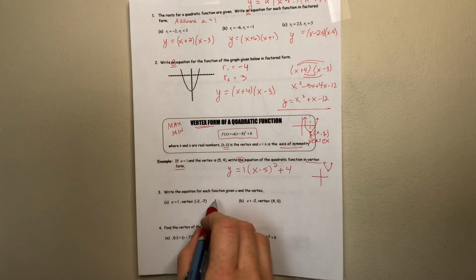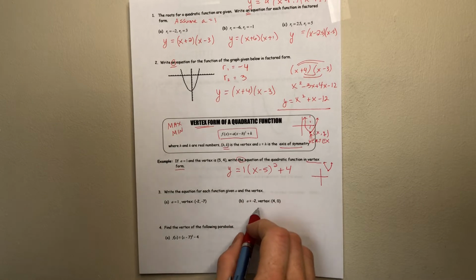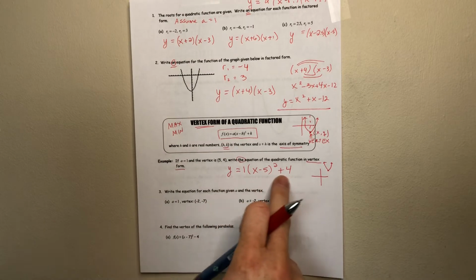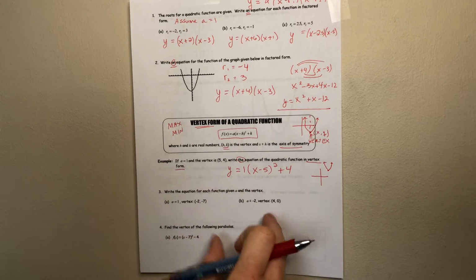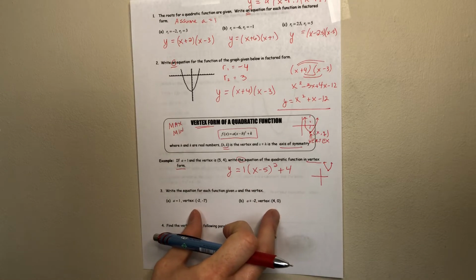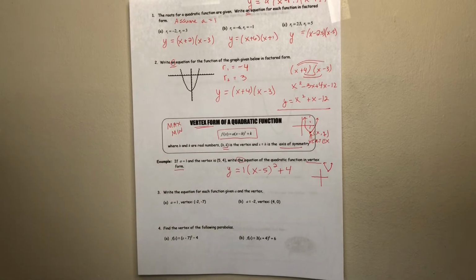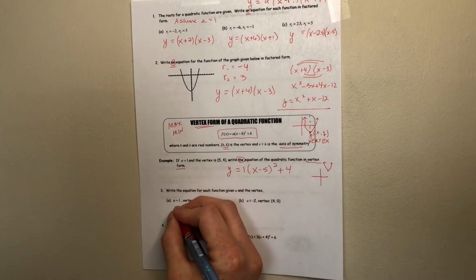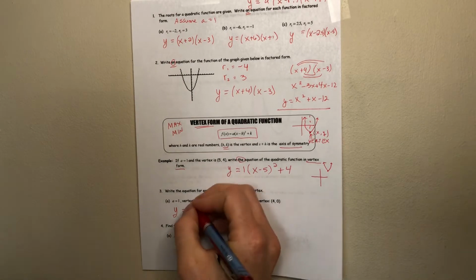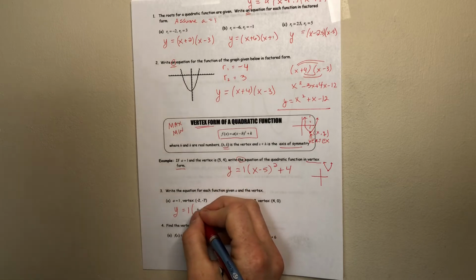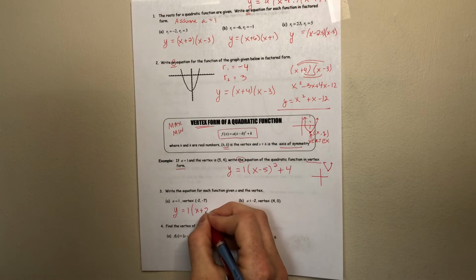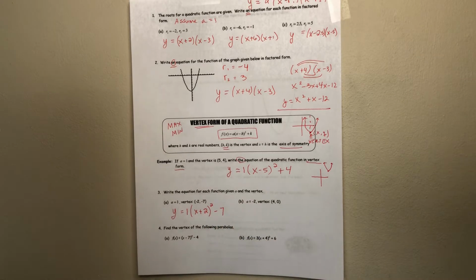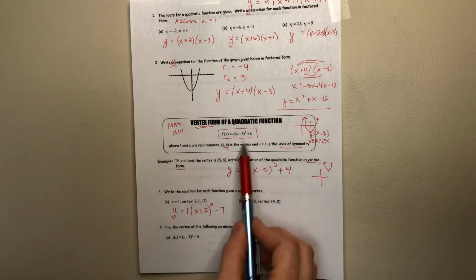Good. Write the equation for each function given a and the vertex. All right, so pause the video. Try to copy this model and write the equation of both of these situations. All right, good. So this is going to be y equals a, which is 1, times (x plus 2) squared minus 7. All right, the reason it's plus 2 is because it's x